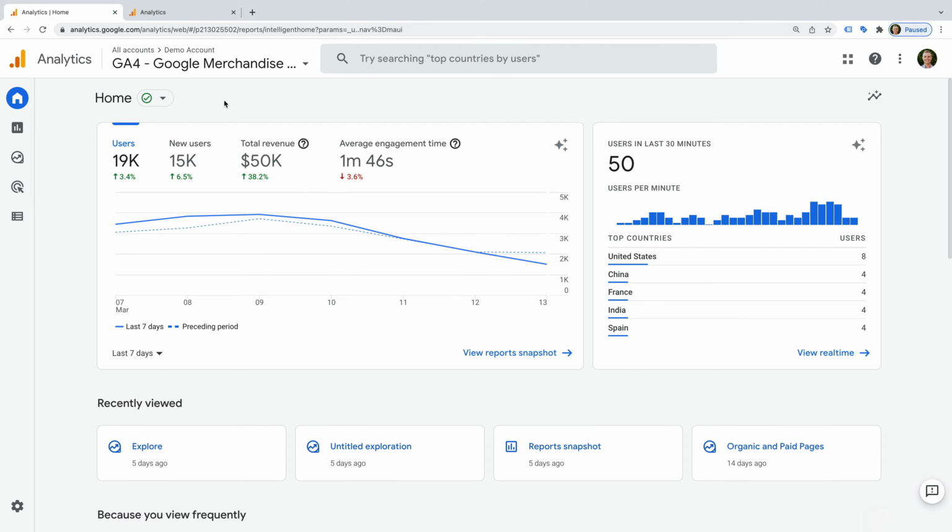In this video I'm going to answer the question, what are the options for filtering data in Google Analytics? And I'm going to show you different techniques you can use with both Google Analytics 4, GA4 and Universal Analytics. We're already looking at Google's GA4 demo property, so let's start by looking at ways we can filter data in